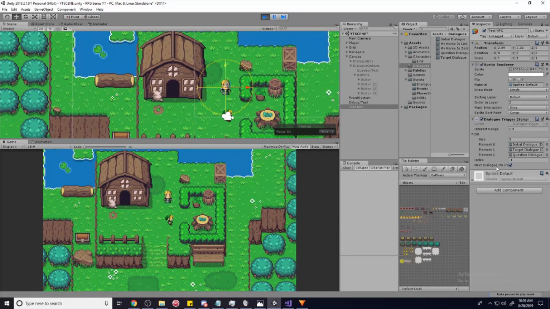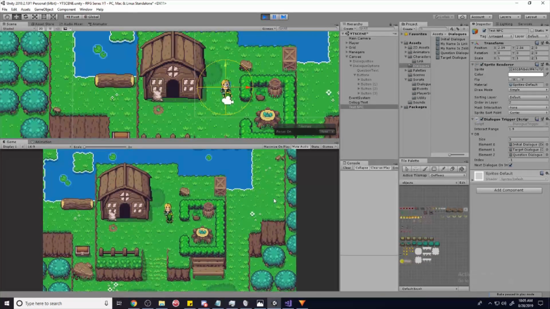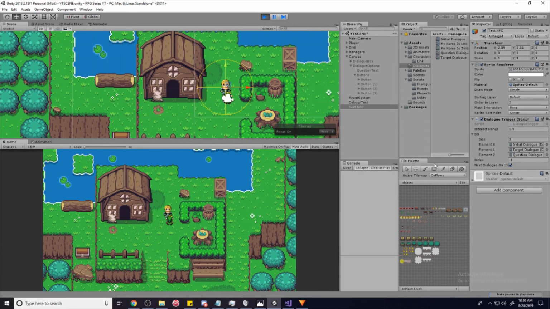You see that because next dialogue on interact is true, the index is -1. I'm going to interact with this character, and before I press Z, because it's -1, there is no -1 element. So when I press Z, it goes to 0 and accesses the 0th element. Then I hit Z again, and it's not going to do anything with the index,